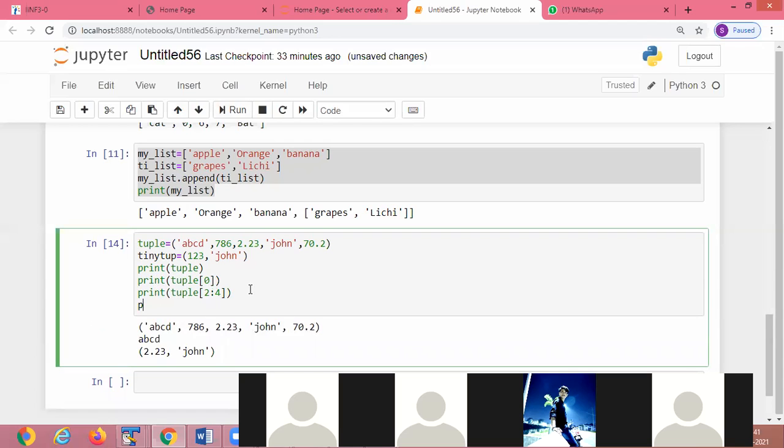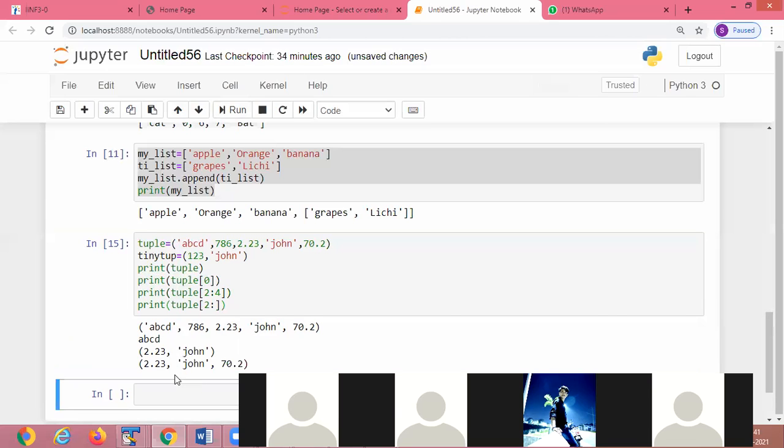If I want to print all the elements after the 2 index position, I pass tuple 2 colon. See that, after the second position, 0, 1, 2, it shows you the rest of the elements.